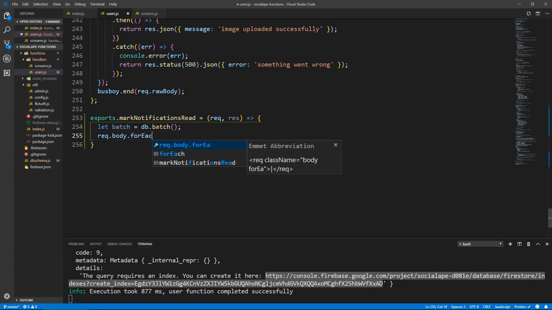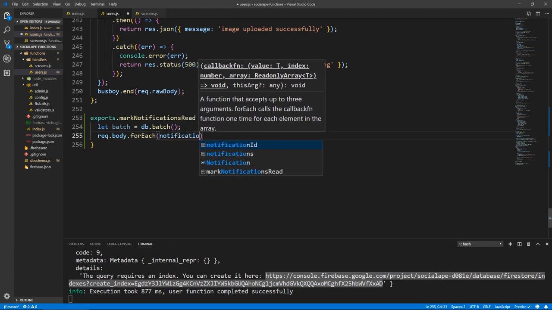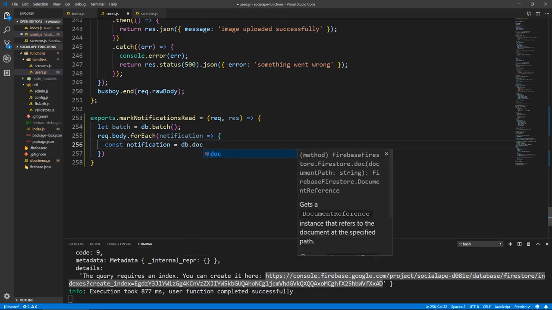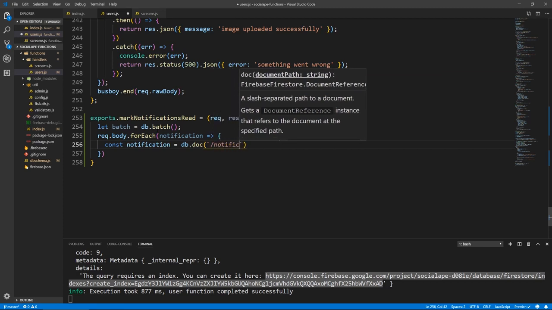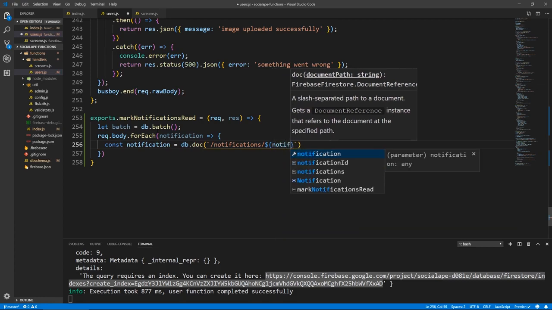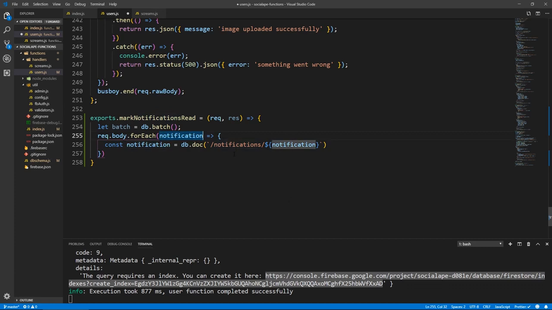So let's do forEach, so our body is an array, and for each notification, it doesn't matter, we can call it anything, but let's call it notification. const notification equals db.doc, and where /notifications, and remember this is a backtick, so I can use this variable notification. But this is an array of IDs, so let's change this name to notificationId, so it makes more sense. So now we have this document.